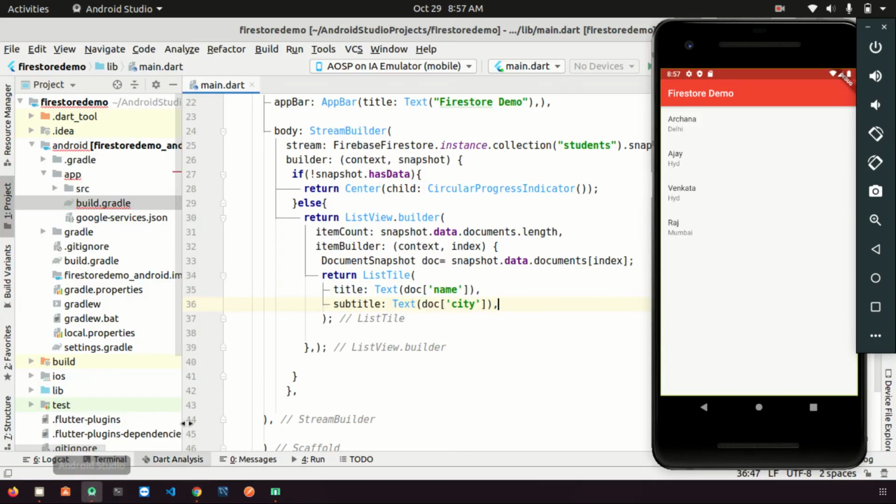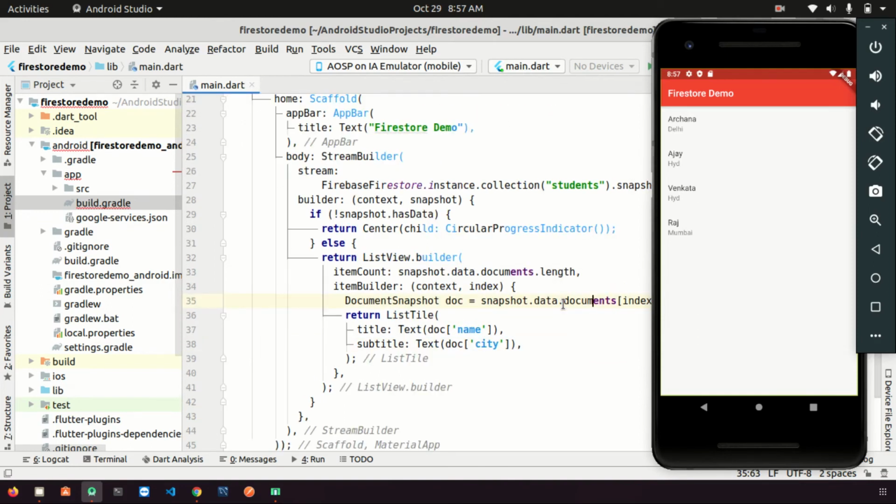Okay, now let's add the option to delete. Format this one. I just want to add one trailing button.